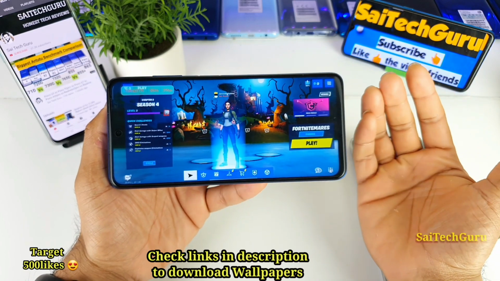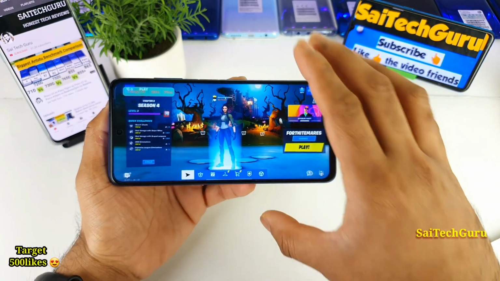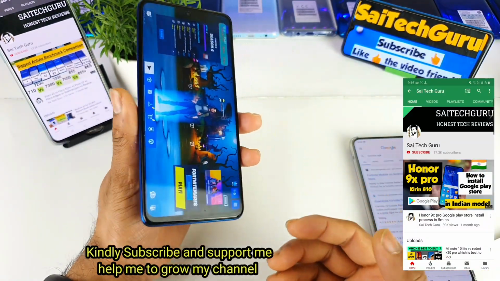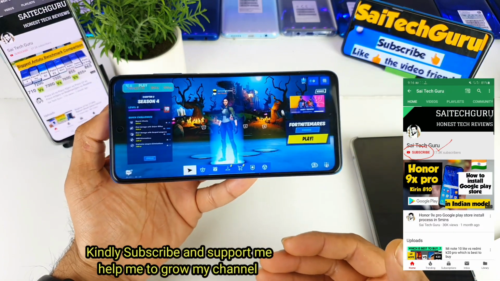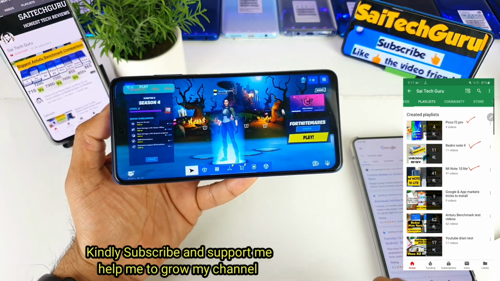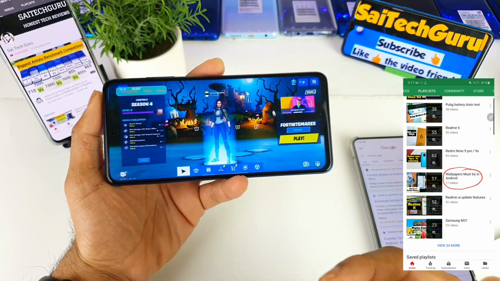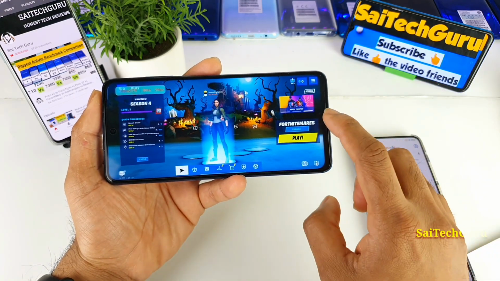In this video, I'll be giving you a quick step-by-step guide on how you can download the Fortnite game on the Poco X3 device. As you can clearly see, friends, right now I'm using the Poco X3 smartphone, and recently I did another video on whether the Fortnite game supports 60 FPS or not. Try to check that video in case you want to know. Most of the users asked me how to download the Fortnite game on the Poco X3 device, so let me show you the steps you need to follow.